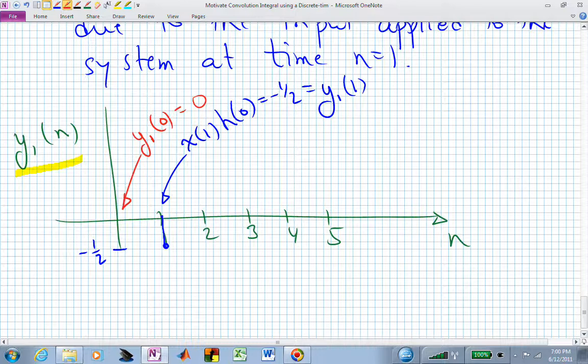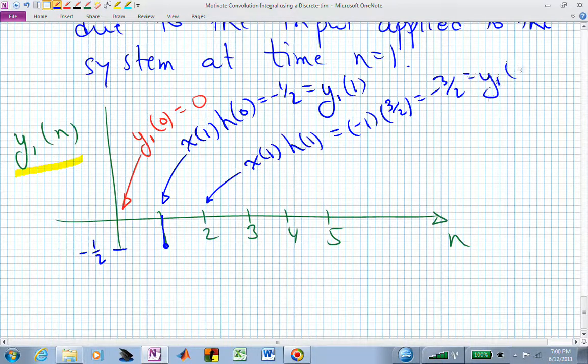What about the next value? Well, that's just a scaled version of the pulse response one time unit after the application of the input. In this case, that's now h of 1. So this is now x of 1 times h of 1, and x of 1 is -1, h of 1 is 3/2, so this now becomes -3/2, and that's y sub 1 at time 2. And if we now sketch that, that's now down here